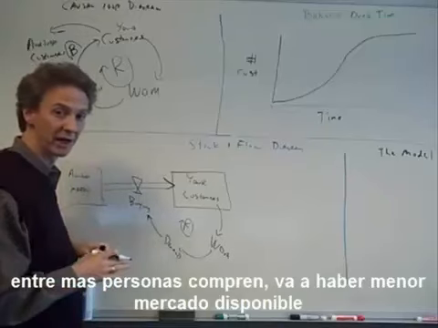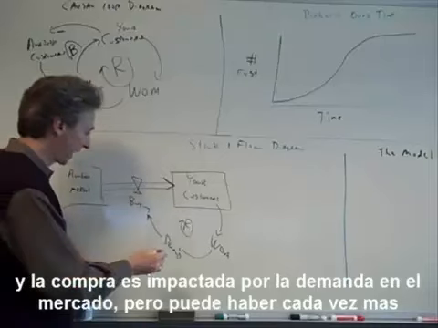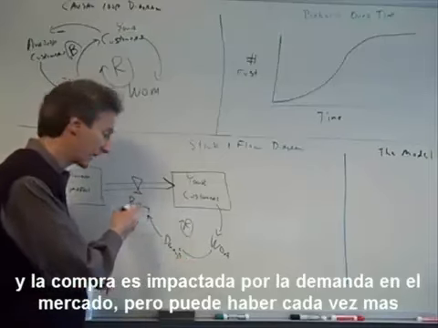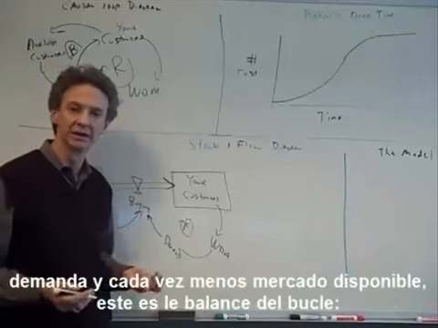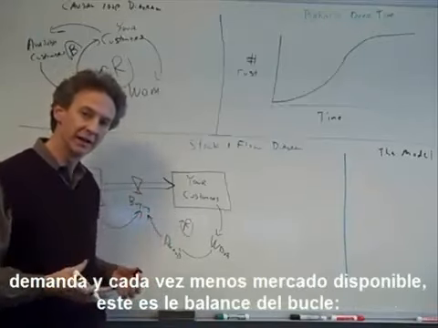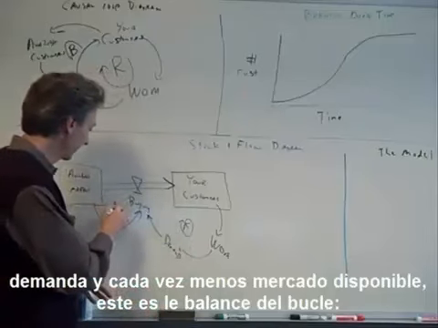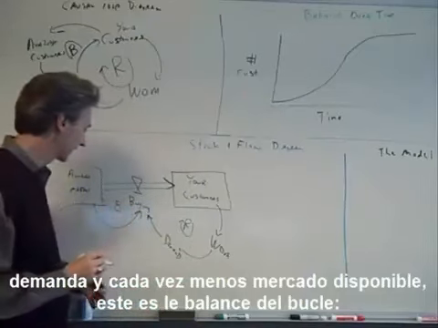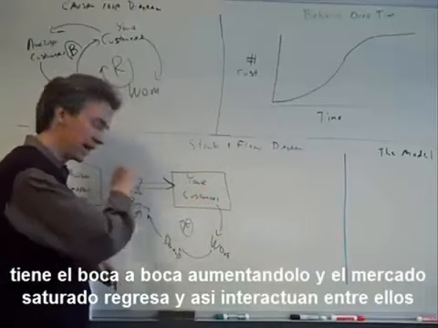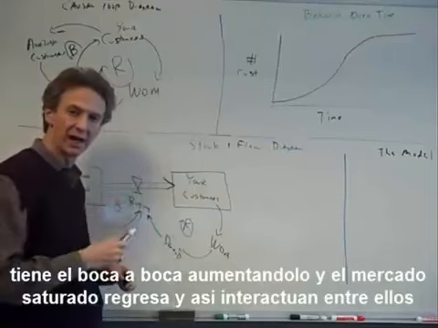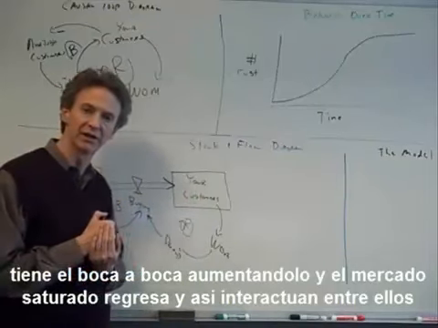So that's the way we're going to model this. And the buying is really impacted by the demand that's in the marketplace times the available market. So there might be high demand, but less and less customers available to you. That's really the balancing loop here. So you've got word of mouth driving it up, you've got market saturation holding it back, and the two will interact with each other, as we'll see in the